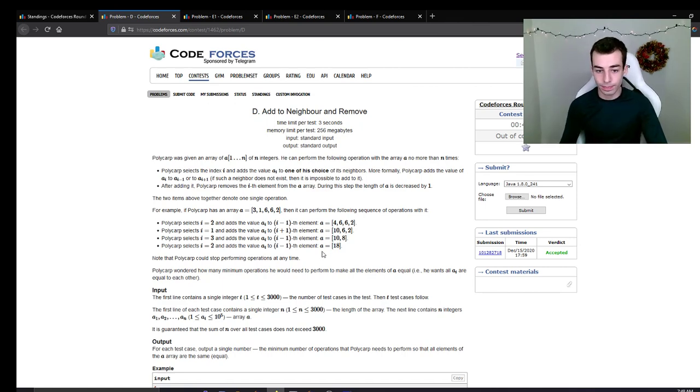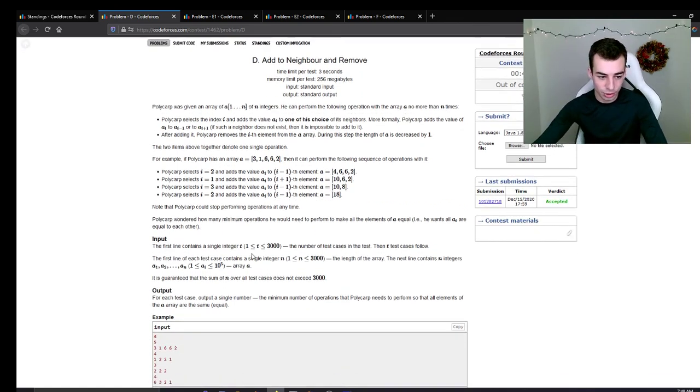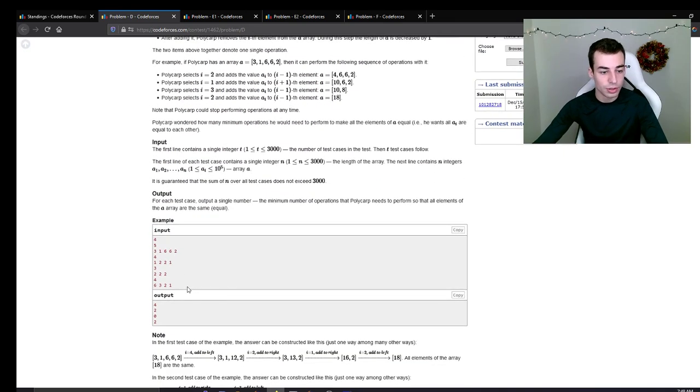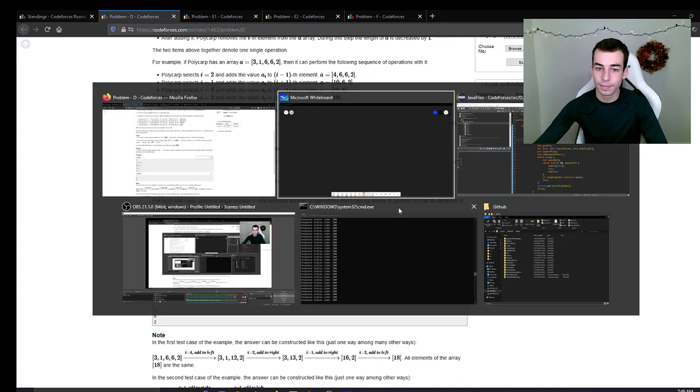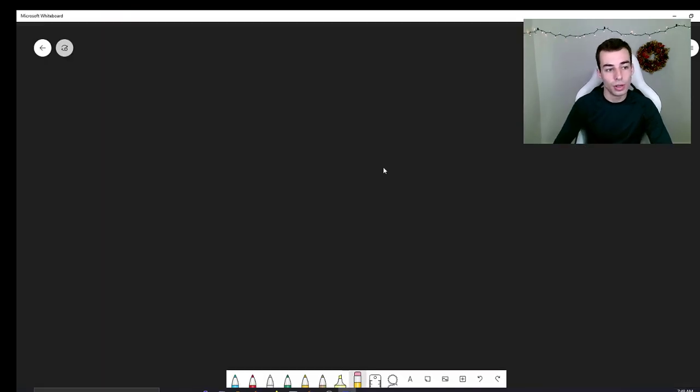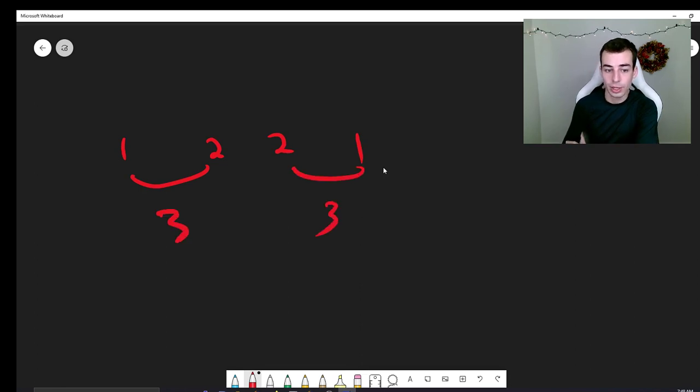In this problem, I guess that's a bad example. Let's look at a better example maybe. So you can do 1, 1, 2, 2, 1. So in this problem, you can combine these two into a 3, combine these two into a 3, and now everything is the same. Now there might be a better way of doing this problem, I'm not really sure, but